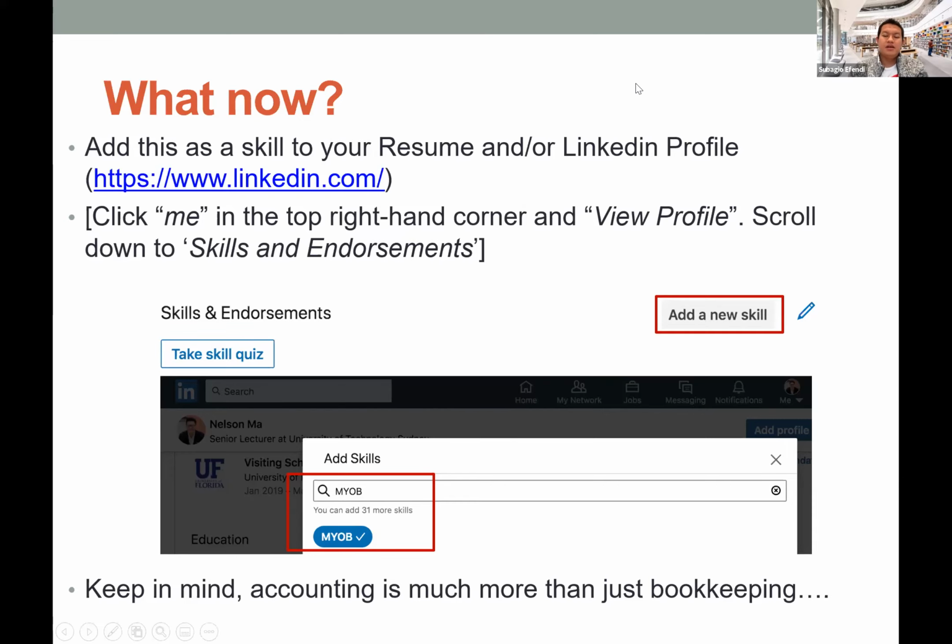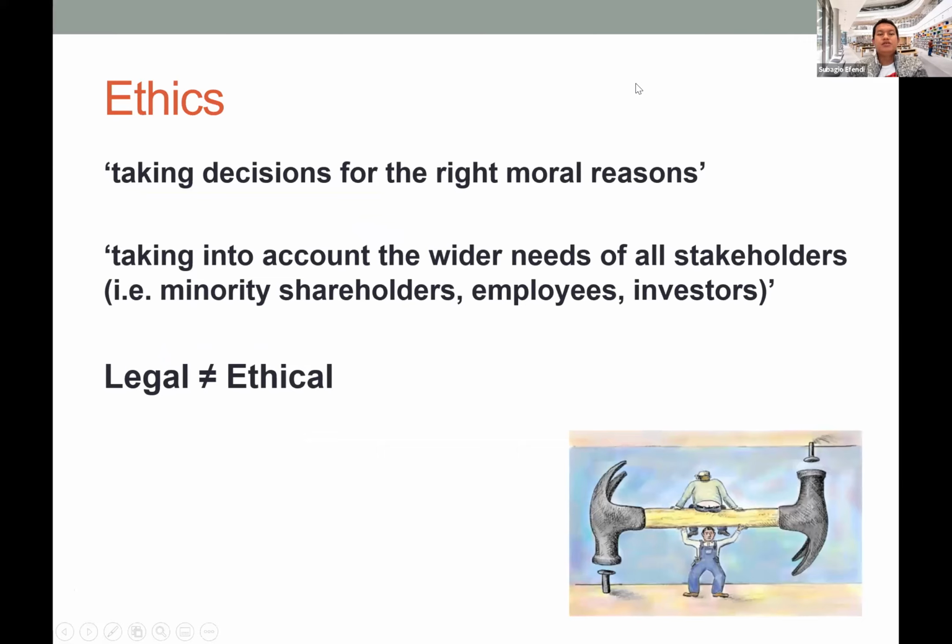No? Okay, so our topic for today's tutorial is ethics. I think this is a very simple topic, so we can finish in less than 1.5 hours today. So what is ethics? Ethics is simply taking decisions for the right moral reasons. If we talk about ethics, mostly we use a moral standard or moral compass as our